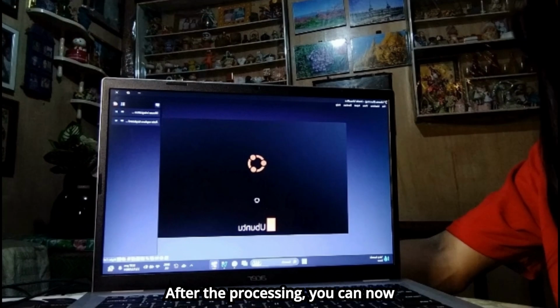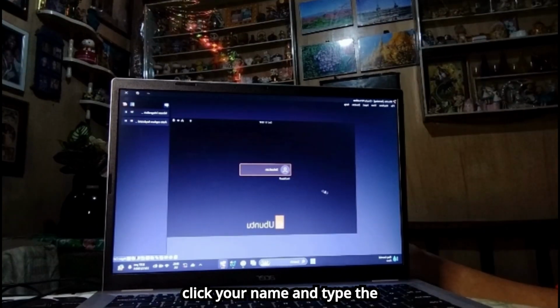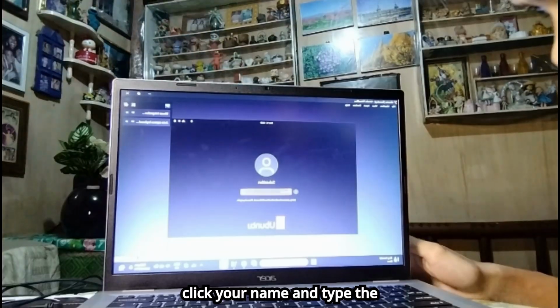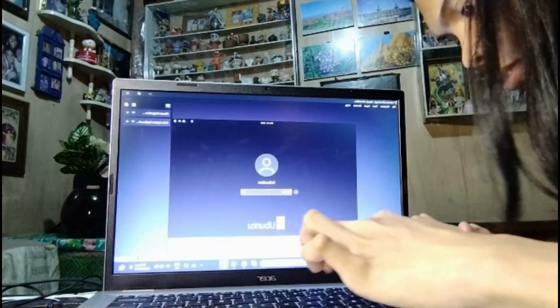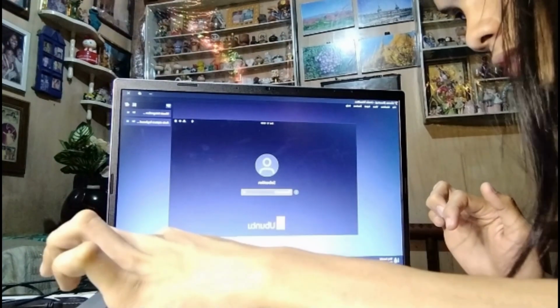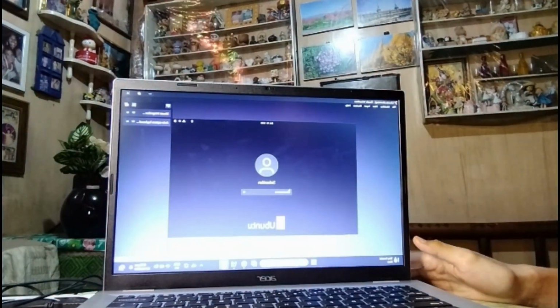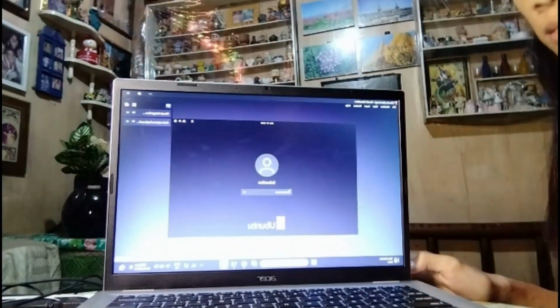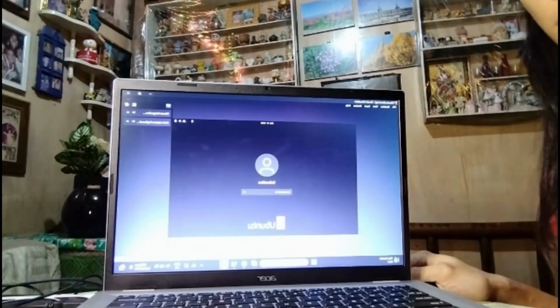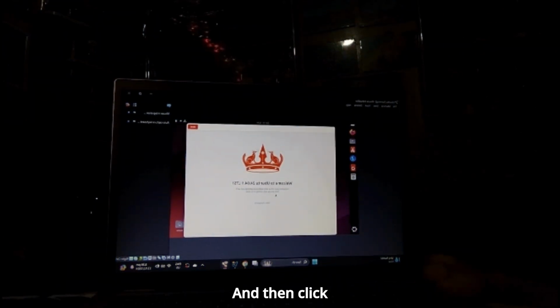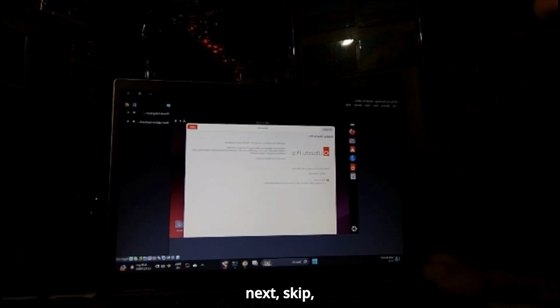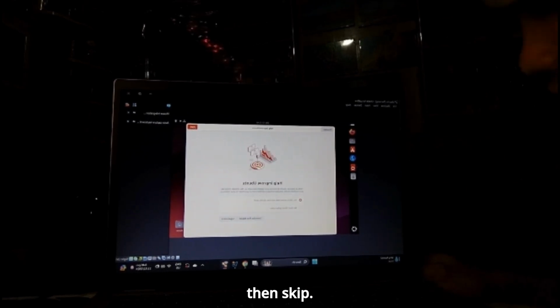After the processing, you can now click your name and type the password you set up. And then click Next, skip, then skip.